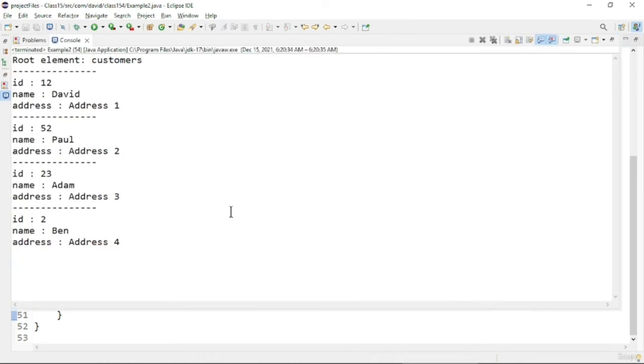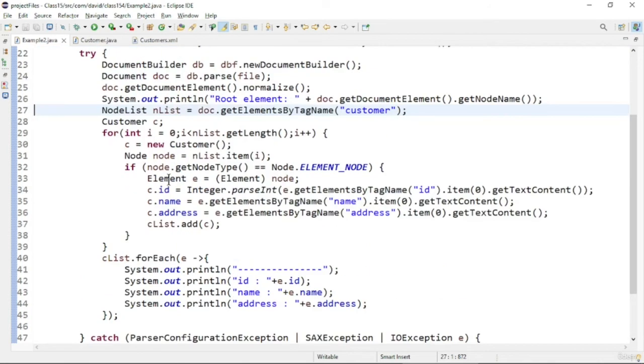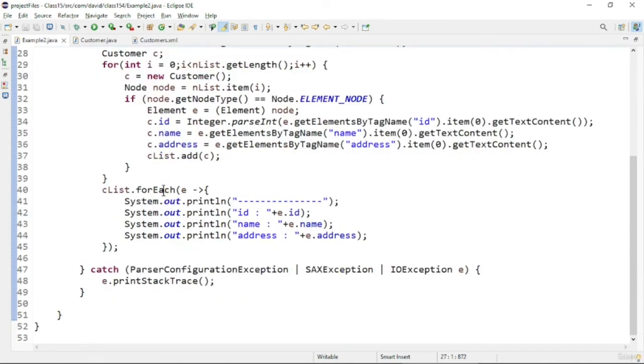Here you can see the root element is getting printed, and after that I am printing all the customers' information one by one. So this is how we can use the DOM XML parser to parse through a document and read the document data. In this lecture we have seen the DOM XML parser. We have seen programs to create an XML structure using the DOM XML parser, as well as a program to read and parse the XML document. This code is a little complex, so take time to understand the code, and I'll be back with the next lecture.